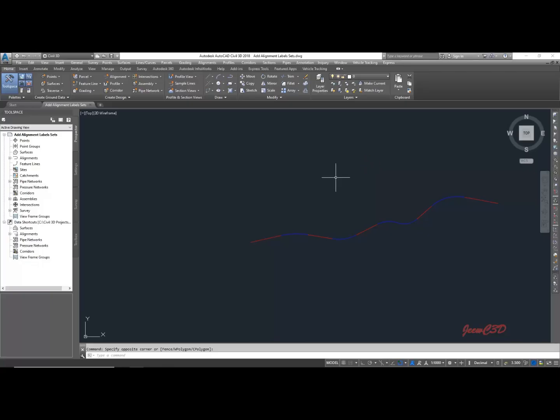Hi, in this video I am going to tell you how to add alignment label sets, because in alignments you cannot manually add alignment labels to every station. So in road design or any alignment used project, the alignment would be labeled at certain stations that are, say, 10-meter interval or 20-meter interval, 25 feet, 30 feet, 50 feet. Likewise, you have to add alignment labels